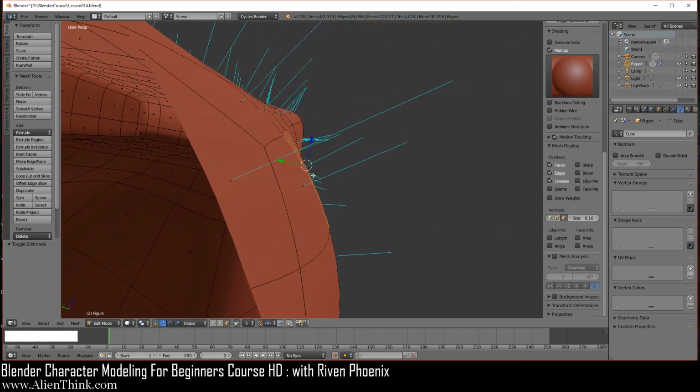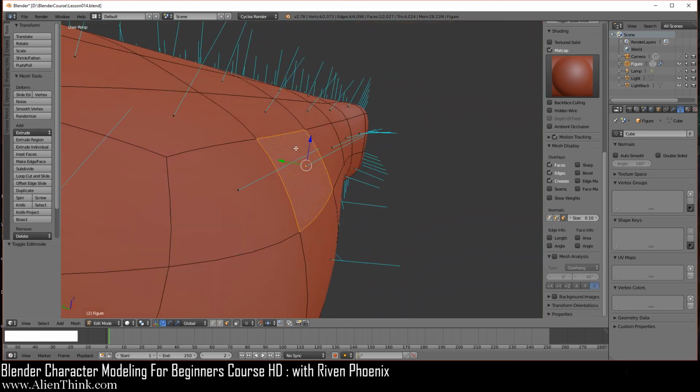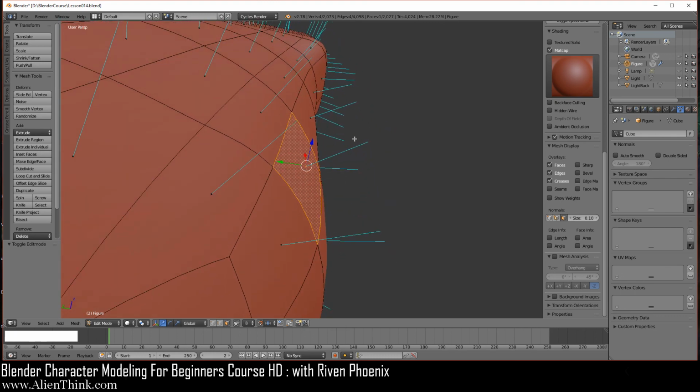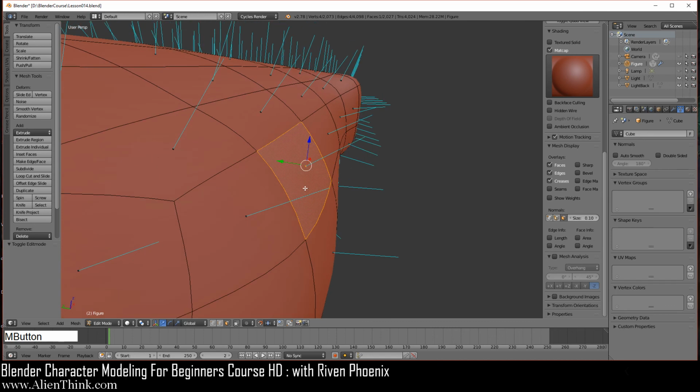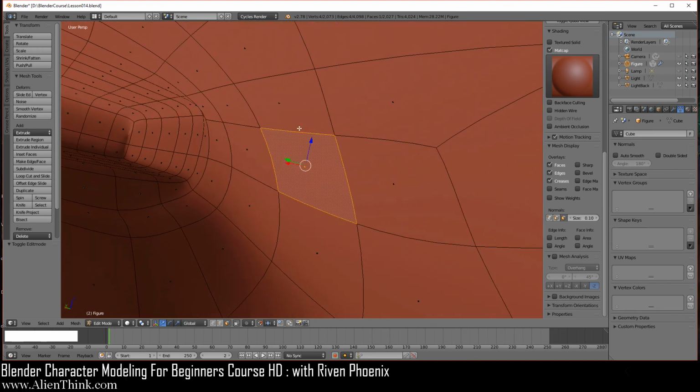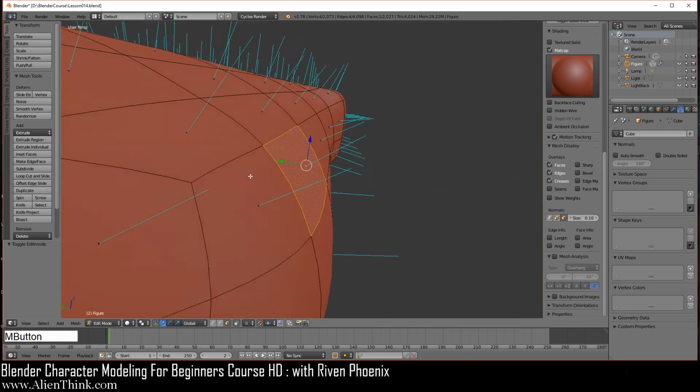So basically what this is telling you is that Blender is going to render this face depending on where this blue line is pointing, right? This is the direction of the face, really the top side of the face is what this blue line is representing. Now if you look inside, you can see that we're not going to get this blue line. It's because this face, we don't want Blender to render this. This is basically what we're saying.